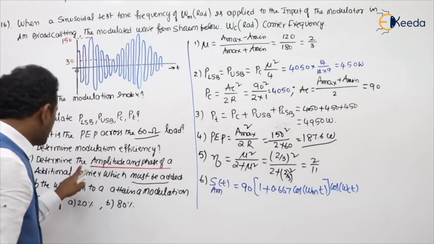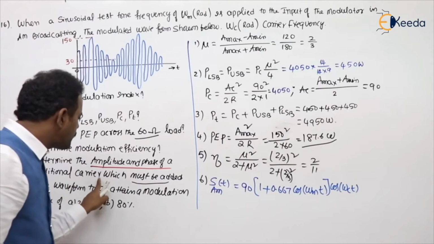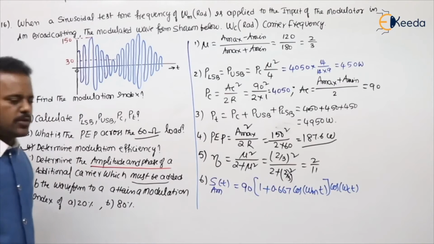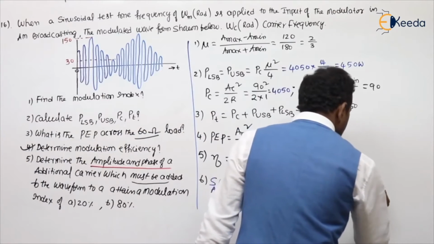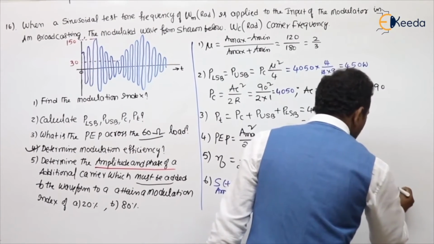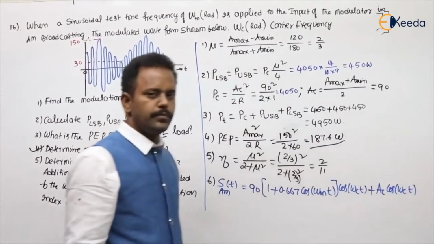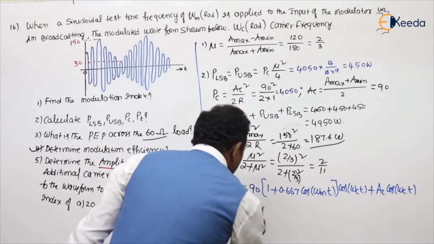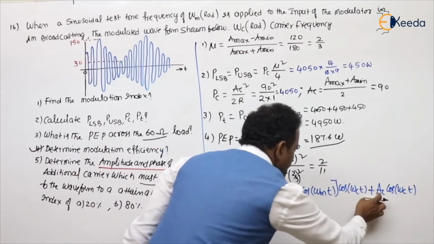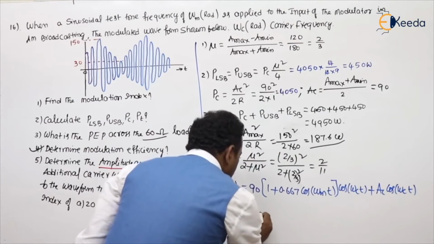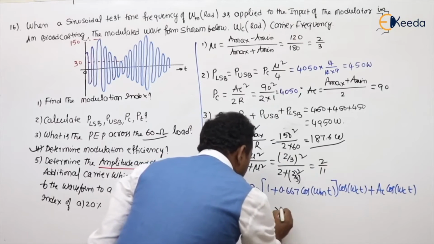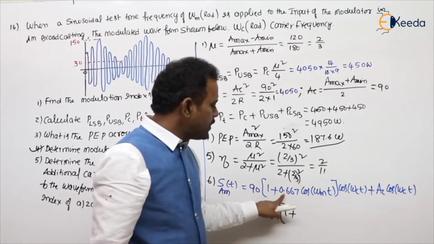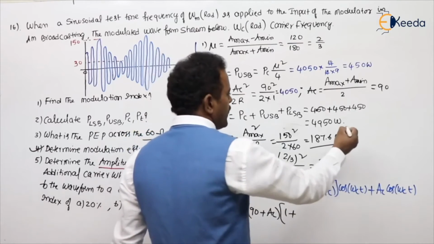Now what he is saying is, for this signal, how much additional carrier we have to add to get these modulation indexes. So we need to calculate amplitude and phase. So plus some AC cos omega ct we are adding. Now take the common. This is 90 cos omega ct plus AC cos omega ct, so this will come 90 plus AC. If I take 1 plus common, this is the mu value. What is the mu? It is nothing but AM by AC. I am writing here, try to follow.